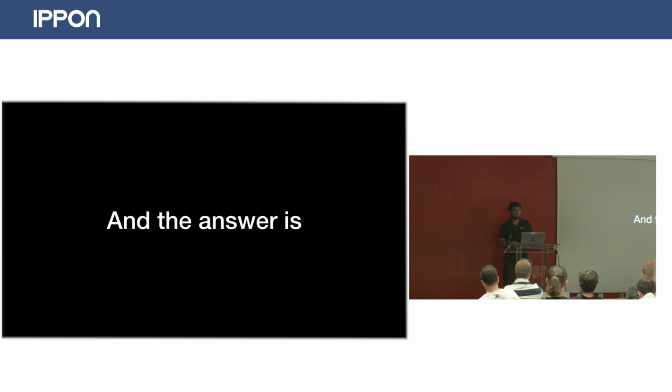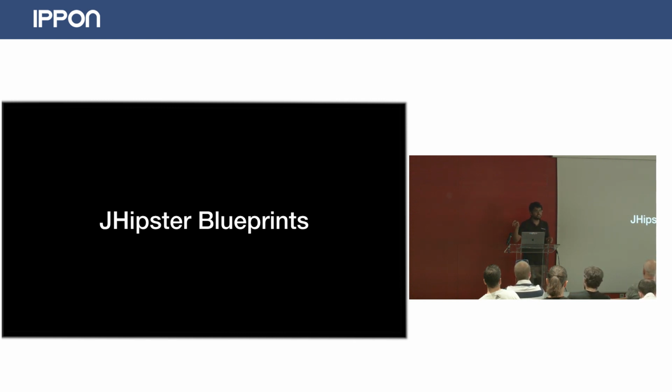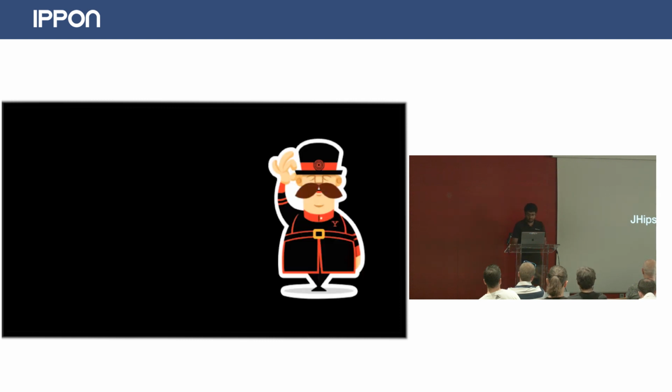So what we did, the clear answer for this picture, is creating JHipster Blueprints. That's why we have blueprints here. Blueprints remove the need to touch your bloated core and do everything there. You just plug in, as a pluggable architecture, write your own custom code there and use that. So that's where blueprints come into the picture.